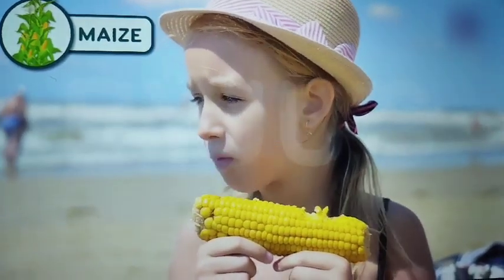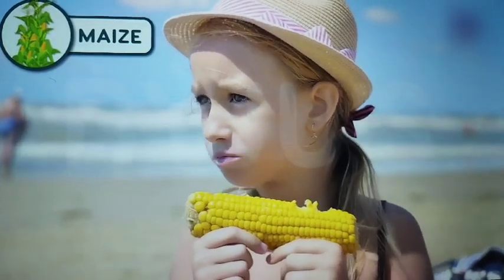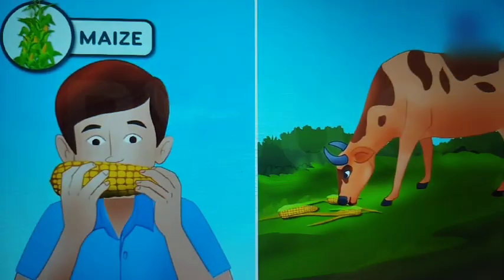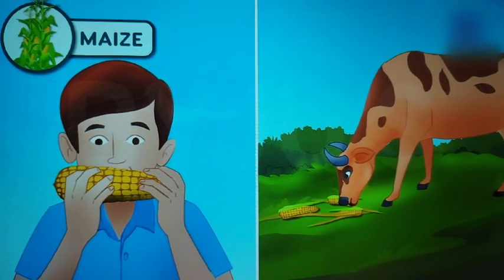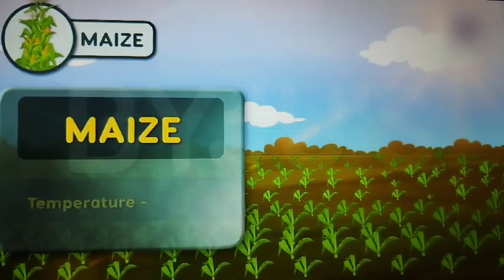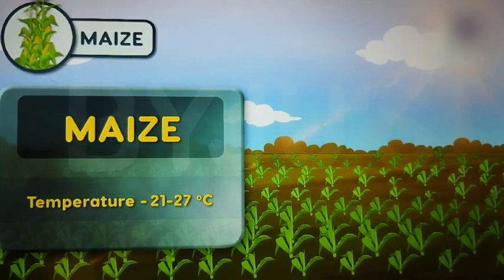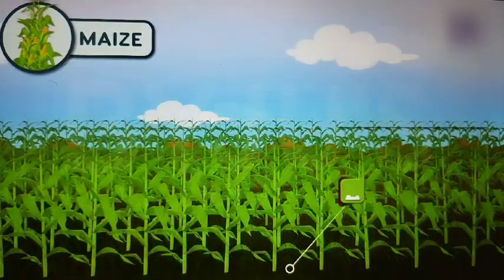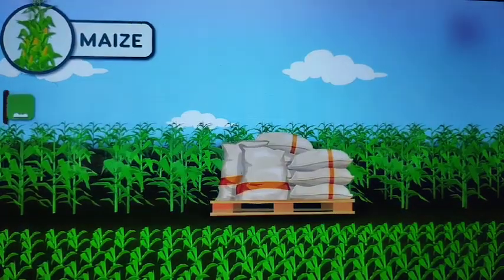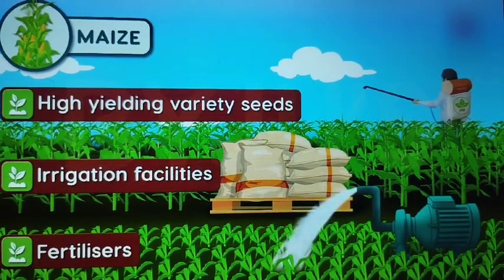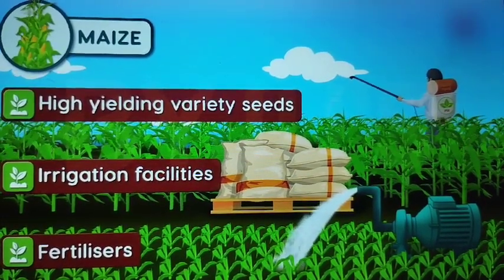When I think of corn, I think of evenings spent eating roasted corn. Super tasty. Maize or corn, as it is commonly known, is a crop that is used both as food and fodder. It requires temperature between 21 degrees Celsius to 27 degrees Celsius and grows well in old alluvial soil. Use of modern inputs such as high-yielding variety seeds, irrigation facilities and fertilizers has resulted in the increased production of